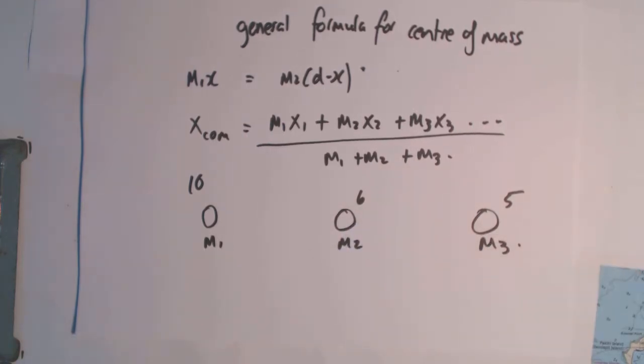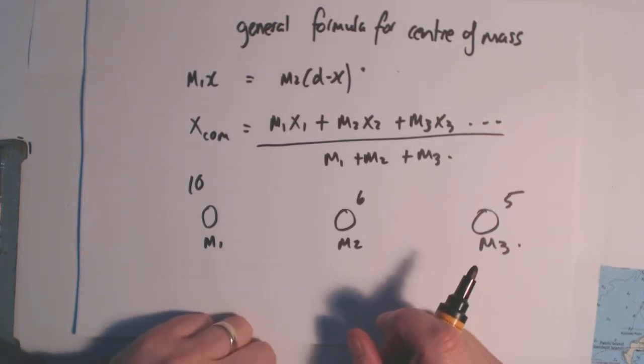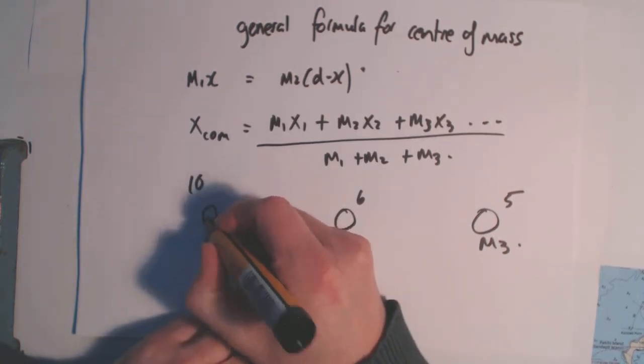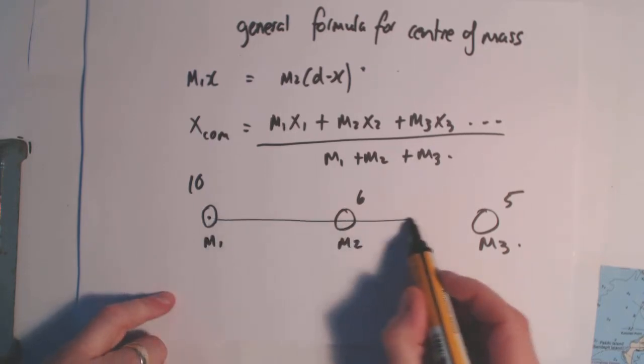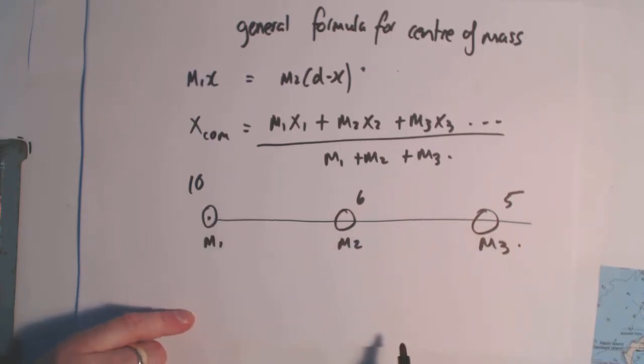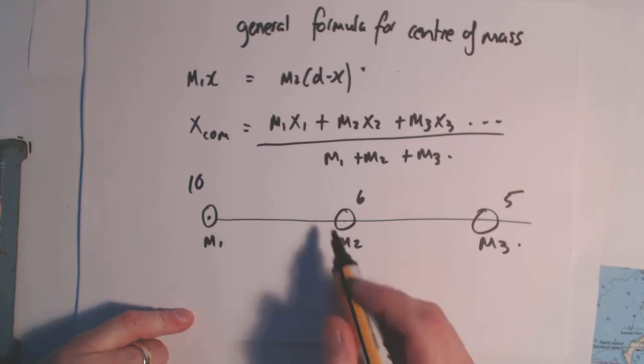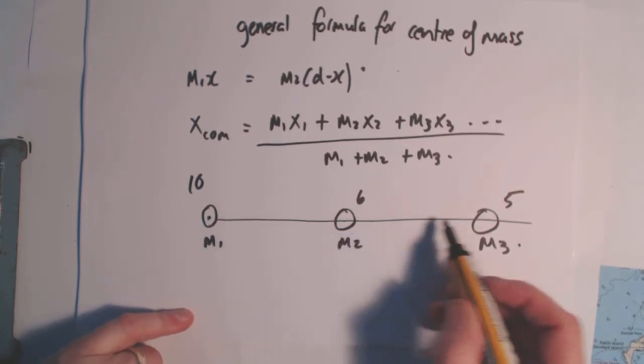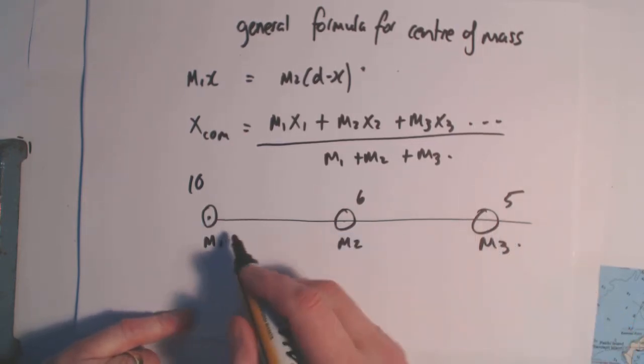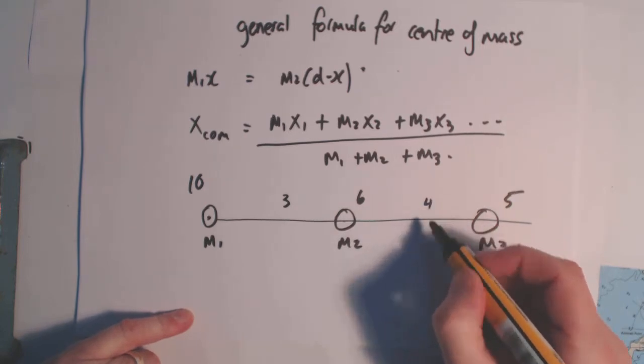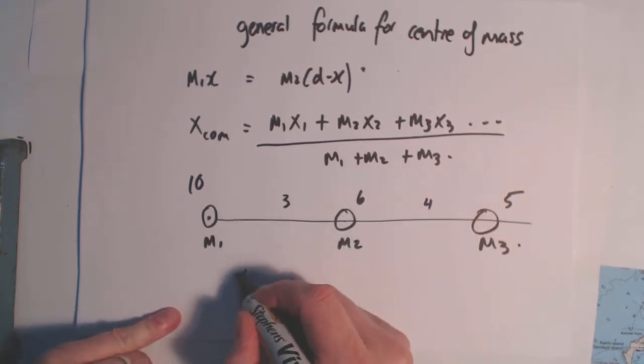We have to decide a point to measure from, and that's arbitrary. You can decide any point you like. So if I decide that I want to measure from this guy, then these distances all get measured from this guy. If I had decided to measure from this guy, then this could be a negative distance and this could be a positive distance. So if this was 3 meters and that was 4 meters,